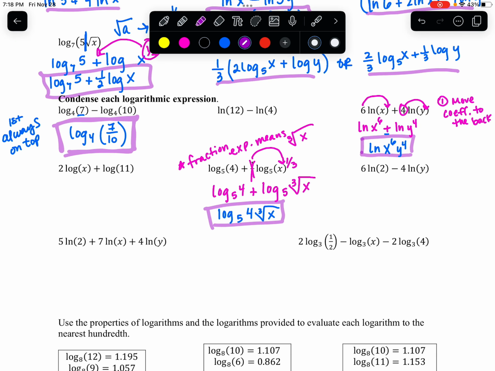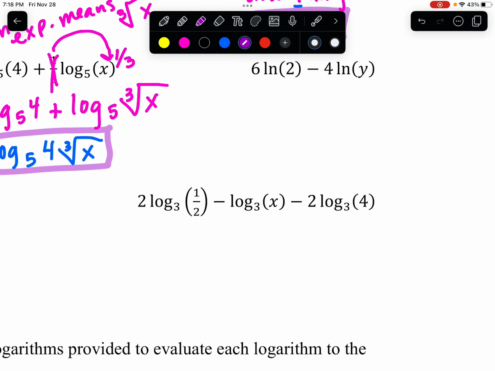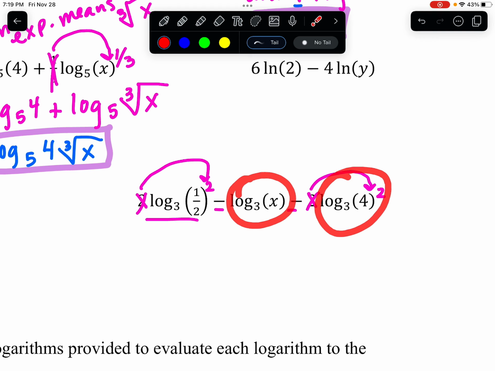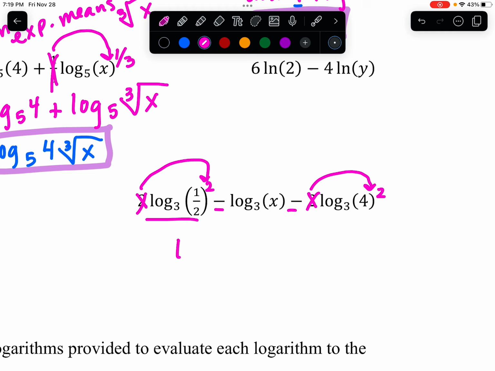Okay, now let's look at one of these bigger ones. Let's look at this one. Okay. Once again, I'm going to start by putting all of these in the back. Squared. Squared. Okay. Now, this is the only one that's positive. Oops, press those off because I moved them. This is the only one that's positive. All of these are being subtracted, which means that both of these have to go on the bottom because they're being subtracted. So I'm going to have log base 3 of